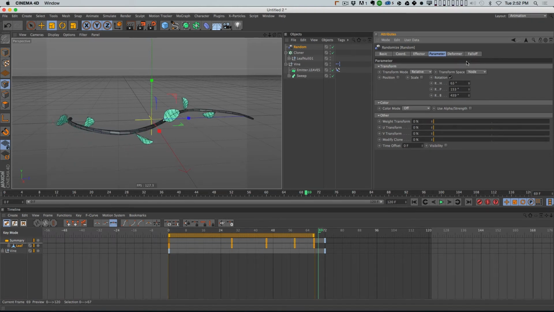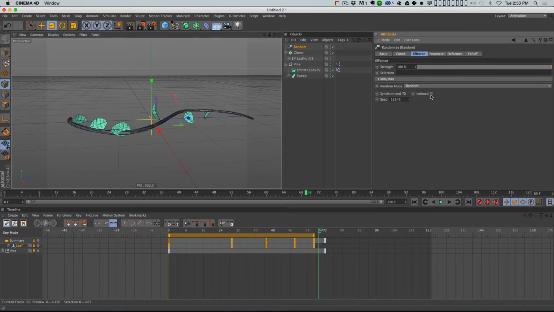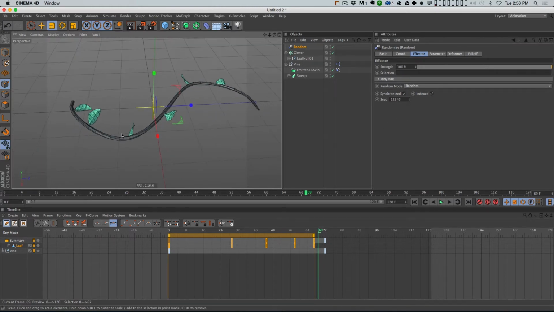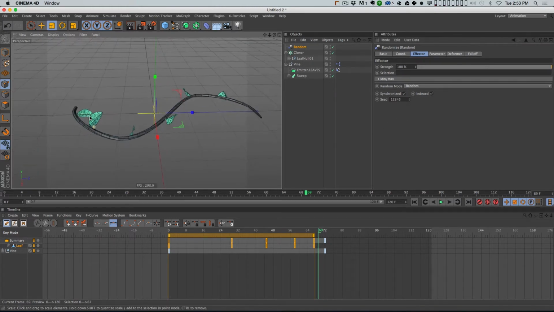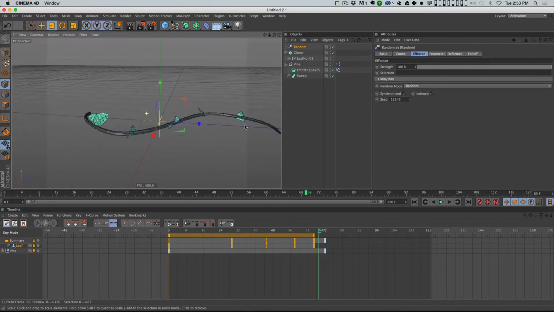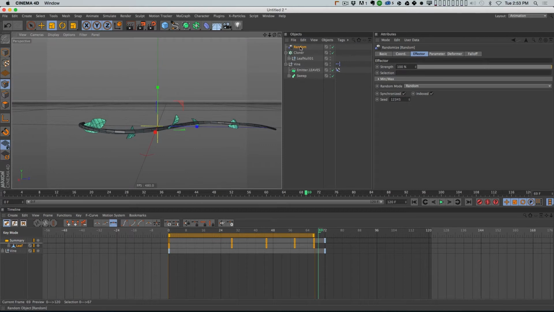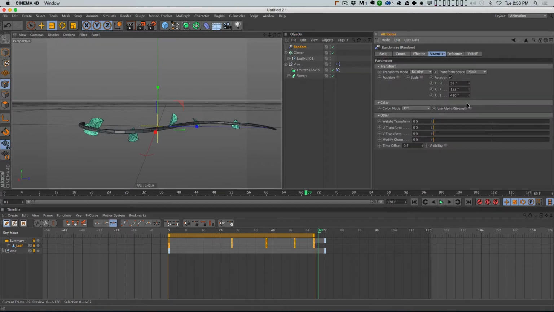You got to be careful, because you could very easily create a situation where the leaves are intersecting the vine geometry, which might be a problem. And I'm also going to go to effector, and I'm going to turn on synchronized and indexed, and that way it'll make sure that there's not a continuous noise pattern happening. It'll make it look more random, basically, without getting too technical with what it's doing. And so now I can tweak these settings a little bit until I like the way it looks,